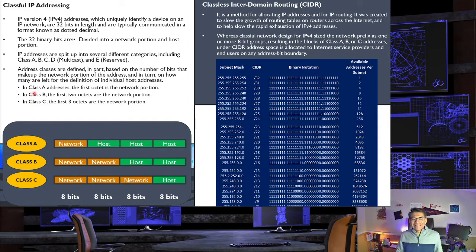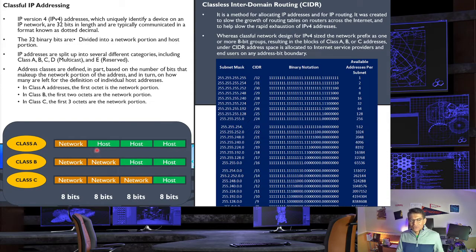So for class A, we are seeing that the first octet of the IP address is the network portion. Everything else is the host portion. So that is depicted here. Class A IP addresses, the first octet is the network portion, and the last 3 octets are the host portion